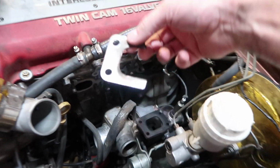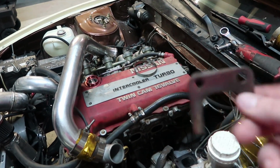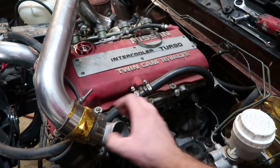We figured out the issue with Adam's turbo, and I think you guys could probably spot the problem. It was missing 2 nuts, and this is what happens when your gasket blows out, so there's only half a gasket left. A buddy of ours is gonna bring another gasket, and we're gonna get a diff and some other stuff and then put this manifold back on. Probably end up TIG welding this onto the compressor housing